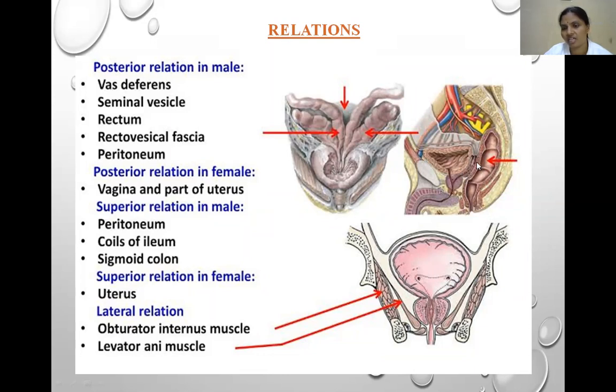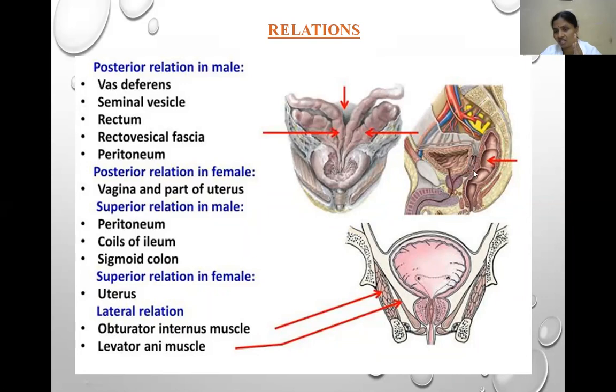So what is the fascia here? This is the rectovesical fascia. Thickening is there. So this area is formed by a fascia. It represents the primitive rectovesical pouch. This is a fold of peritoneum. It is a primitive rectovesical pouch. So it is obliterated, and in the place of this obliterated part, what fascia is represented here now? That is the fascia of Denonvilliers. So here we can identify the